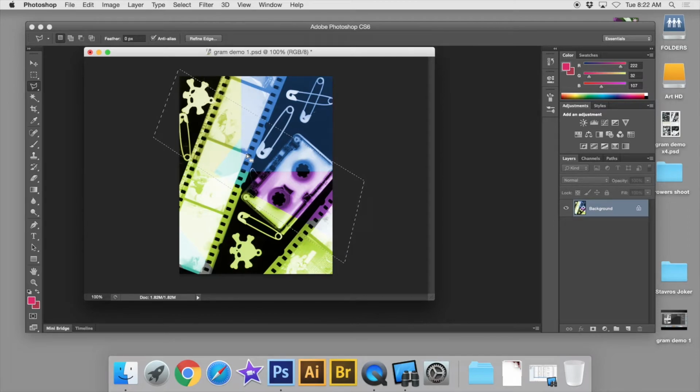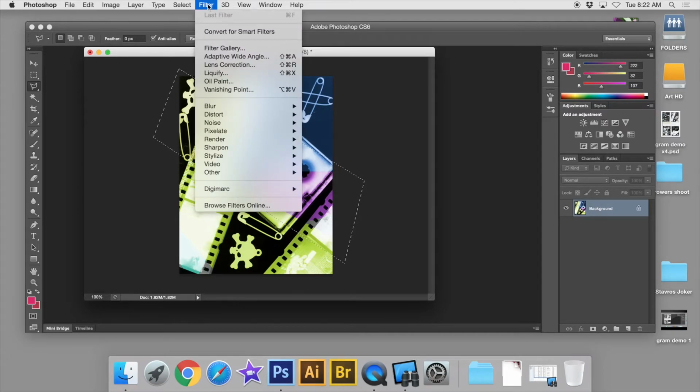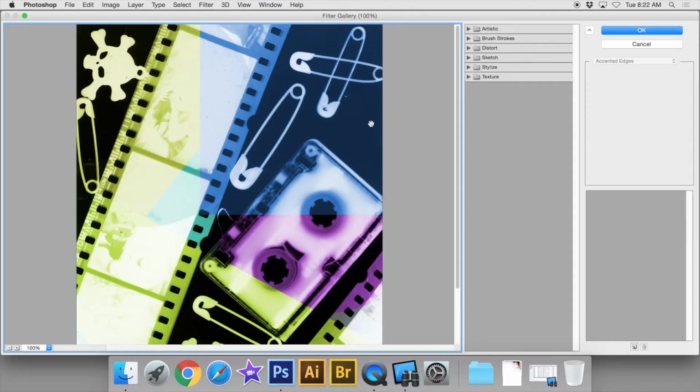All right, so we selected the area we want to change. Number 3, we're going to go up to the top of the screen, and we're going to go to Filter, and we'll go to Filter Gallery. Now what happens is this big giant menu comes up. So when I look at your screen, I should see this big giant menu. You can use one filter, but you can also pile filters on top of one another and create your own filters. Let's all go ahead and stay together for this first one,